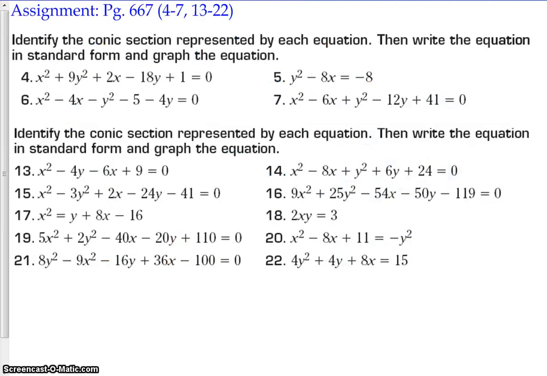So here's our assignment. Check with Mrs. Kennedy for modifications. Definitely won't have, I'll have you just graph evens only. Graph evens only. Doesn't mean you have to do the odds, but the only ones you have to graph